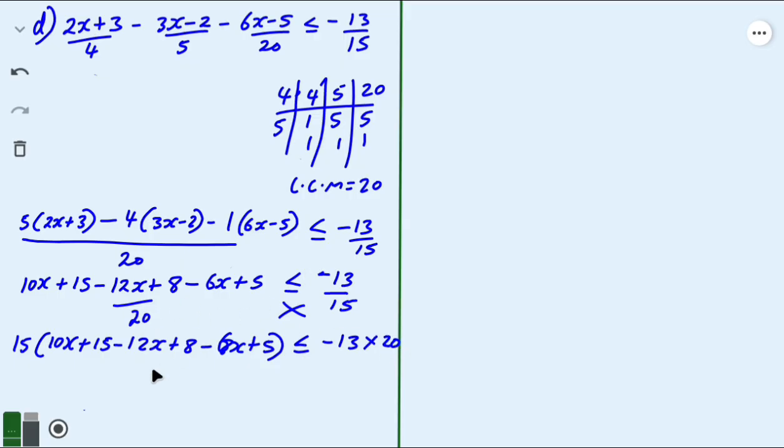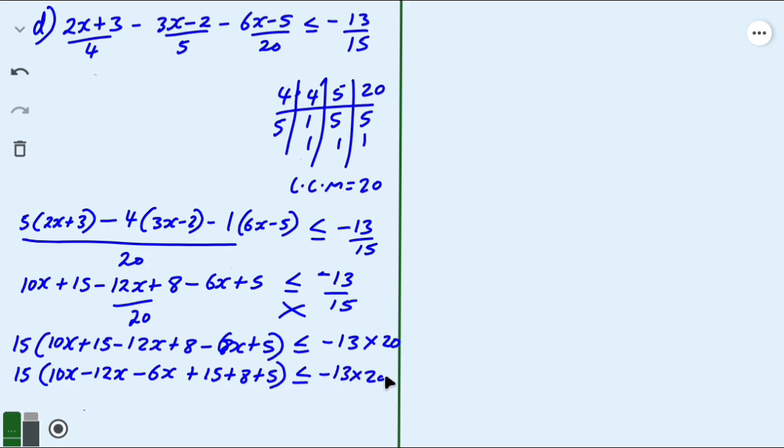Multiply this by 20 as well. So for easy evaluation, let's simplify the terms in the bracket. So we have 10x minus 12x minus 6x plus 15 plus 8 plus 5 less than or equals to minus